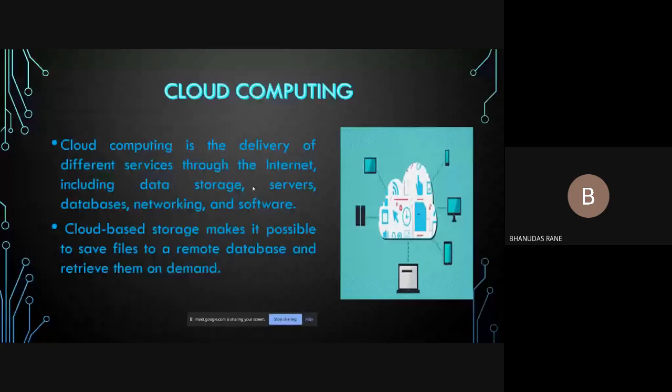This is the best advantage of cloud computing. Next, in this left-hand side image, you can see that cloud computing provided